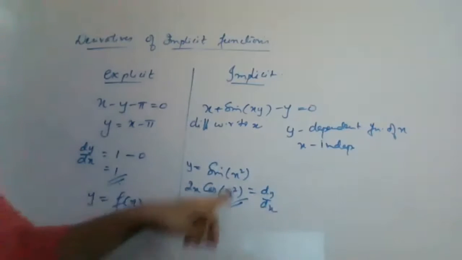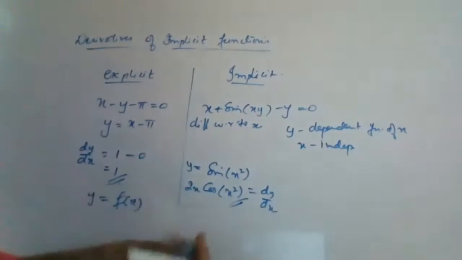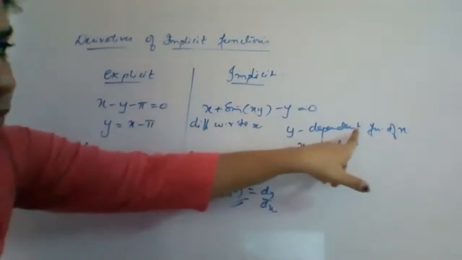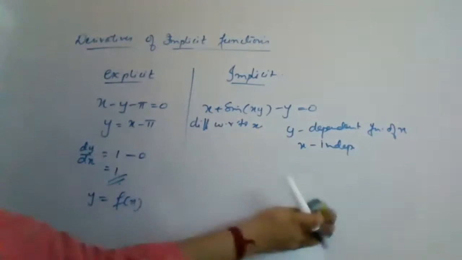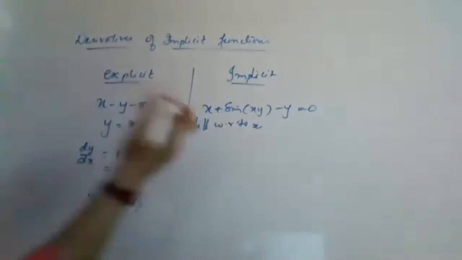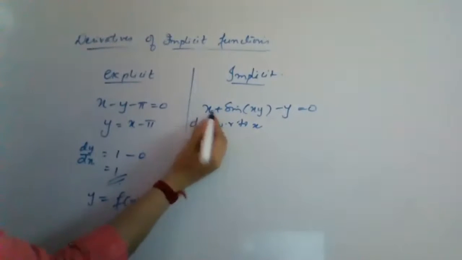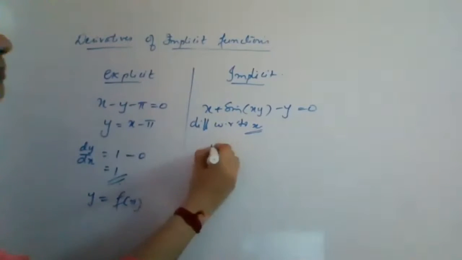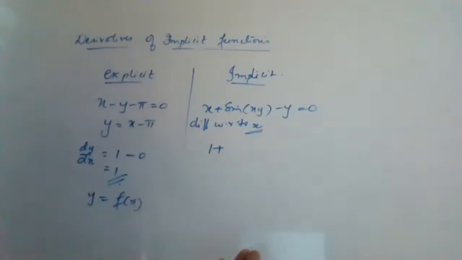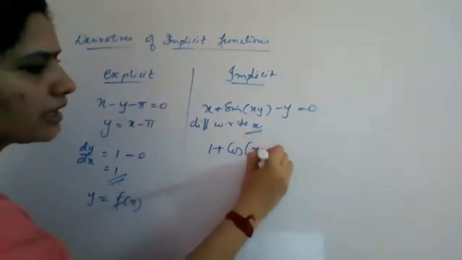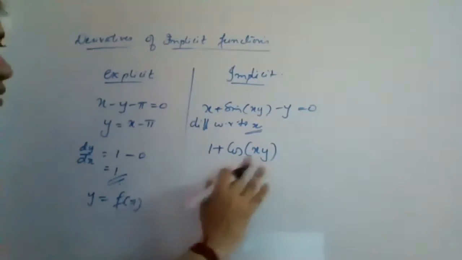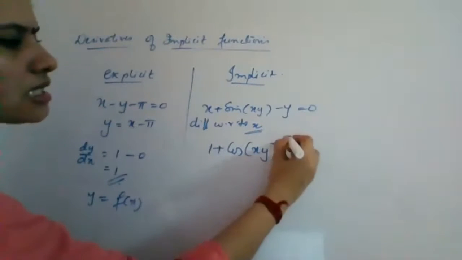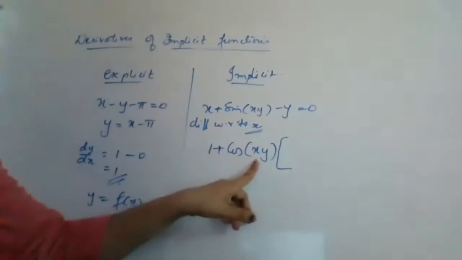Understood? In the same manner, wherever you have y, that y is not independent, so you cannot stop at differentiating it. Wherever y comes, you will get dy by dx, okay? So how do I differentiate this? Show. First, I will differentiate x with respect to x. So x with respect to x will give you 1, dx by dx is 1, plus sin of something, so what do I write for that? Cos of something. Okay, I wrote cos of something. But that something is not your x, it is some other function, a combination of x and y. So here what you need to do is, it is a product of two functions, which means you have to take xy and its derivative.